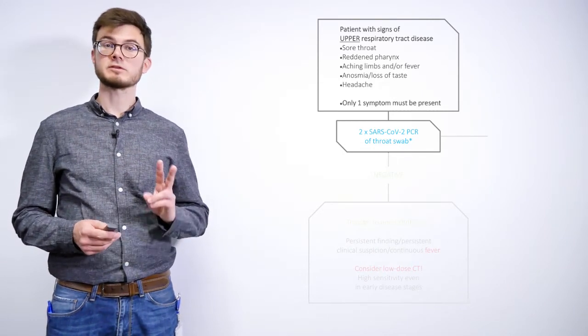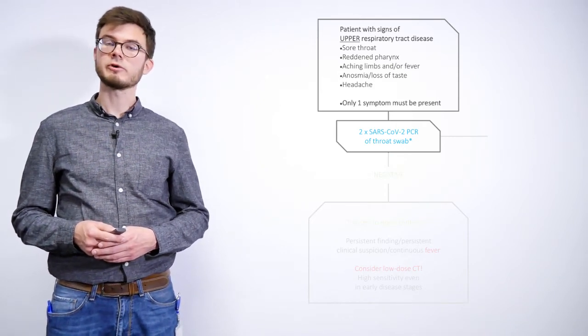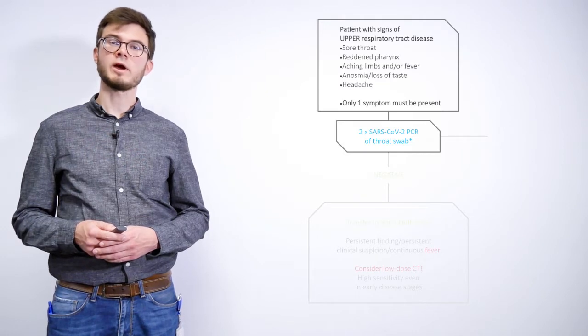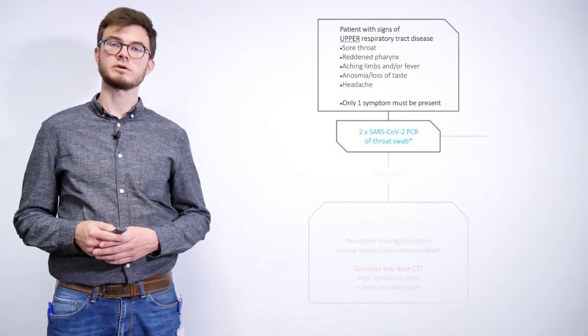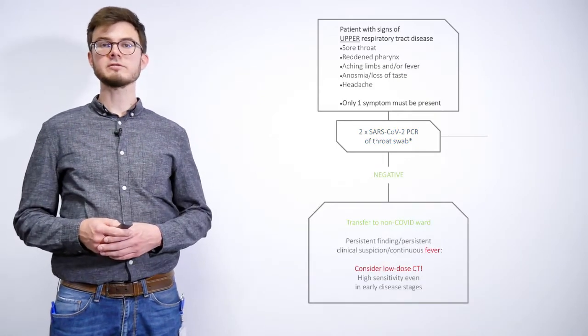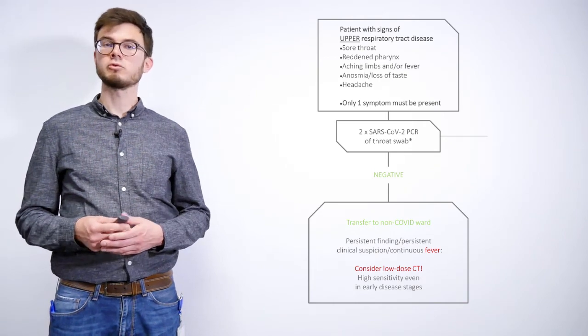And we do this twice, so we take two throat swabs. It is very important to pay attention to the technically correct way to obtain these swabs to improve the sensitivity of this test. And if these two tests result negative, we might transfer our patient back to a regular ward